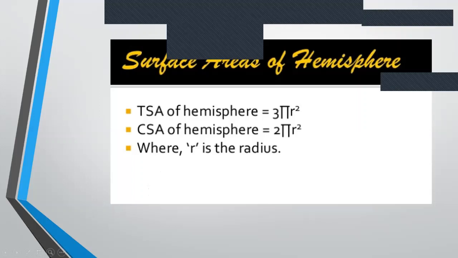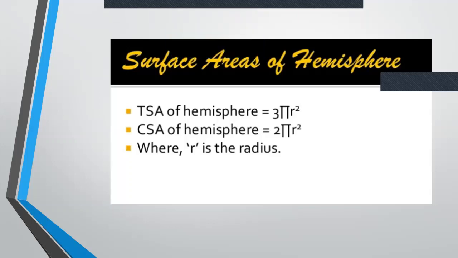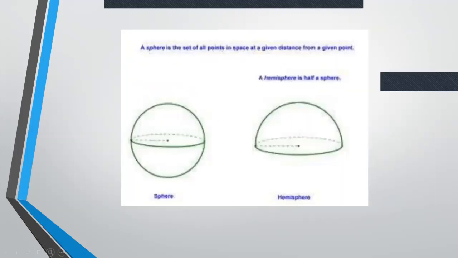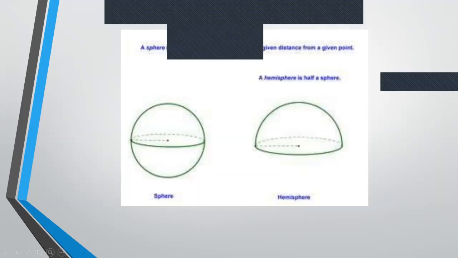Now, what is the total surface area of a hemisphere? The base part, that is 2 pi r square, and the flat top of it, so it is nothing but 3 pi r square. If you look at this diagram, when we are looking at a complete sphere, we have it as 4 pi r square. So when you cut it, surely this curved surface area is 2 pi r square.